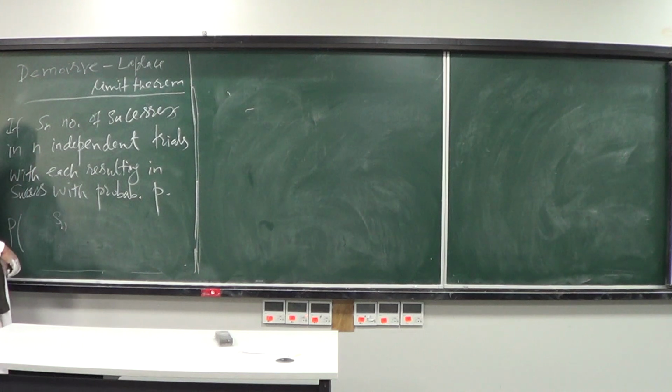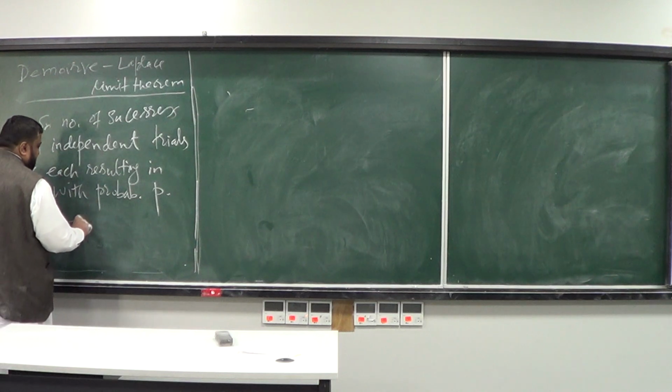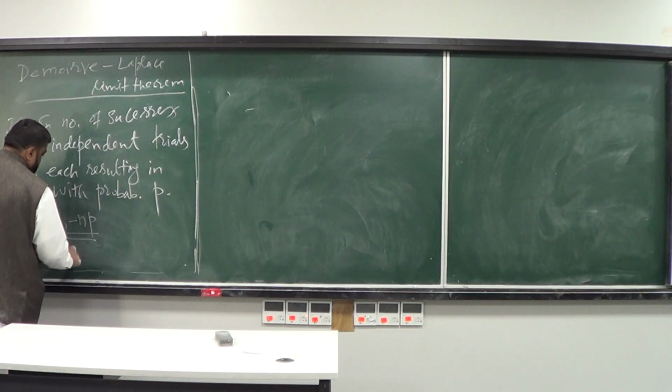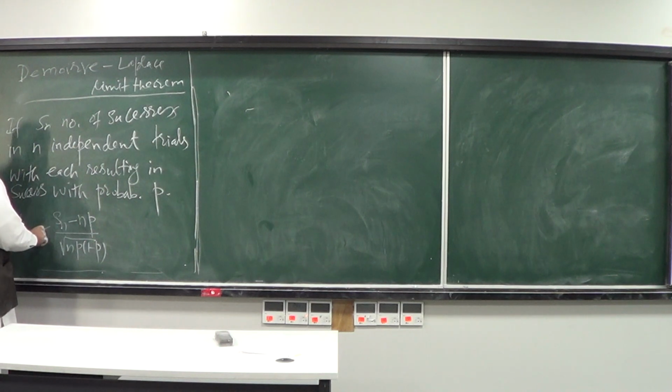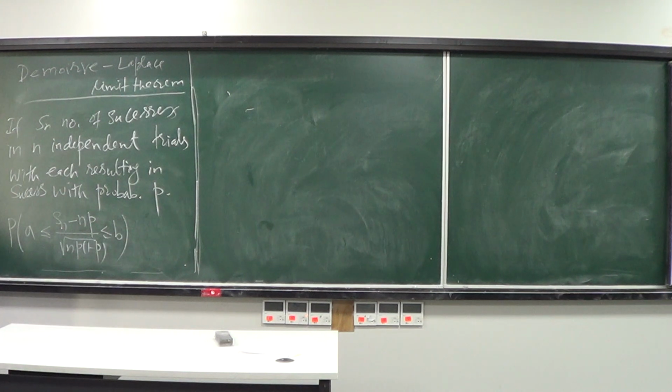in n independent trials, and you standardize it, by subtracting the mean and dividing by the standard deviation, the square root of np(1 minus p). What is the probability that this standardized Sn stays between A and B? Now, the typical way to do this is, where A and B are two real numbers,